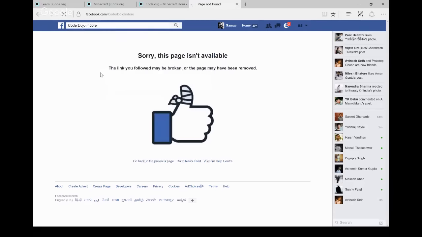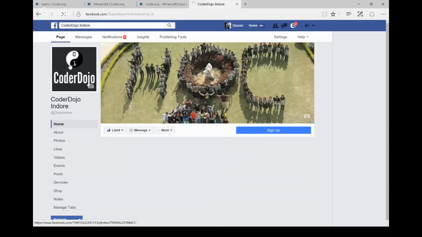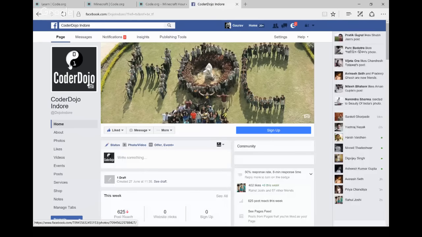Yes. So Coder Dojo is a worldwide community with a single goal, and that is empowering technical education, specifically in schools. Around the globe, they have initiatives and try to do different events and collaborative things to encourage technical education, like programming or anything else related to computers, so that everyone is aware of computers everywhere on the globe. So this is the Indore chapter for Coder Dojo.